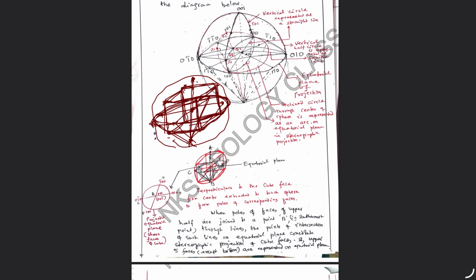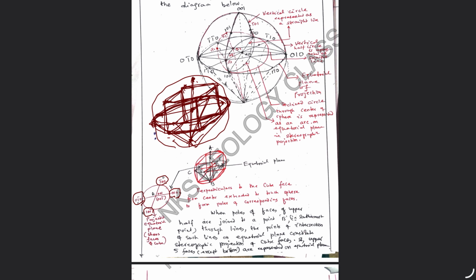They are connected to this point. So this is the 010 phase. This is the 0 1-bar 0 phase. 1-bar 0 phase, 0 phase. 100 phase. They occur at the periphery of this equatorial circle, because they represent the vertical faces,